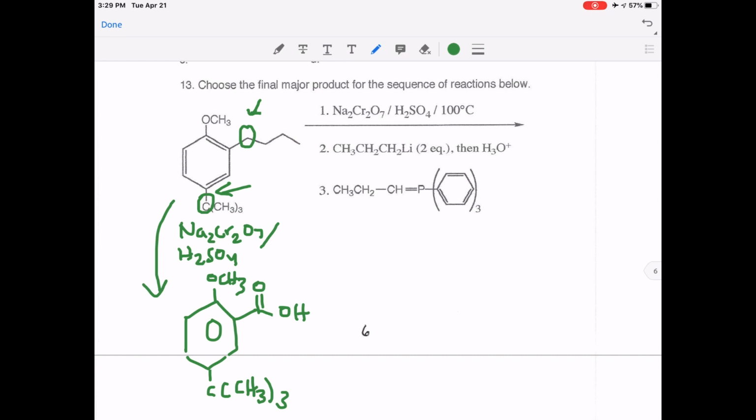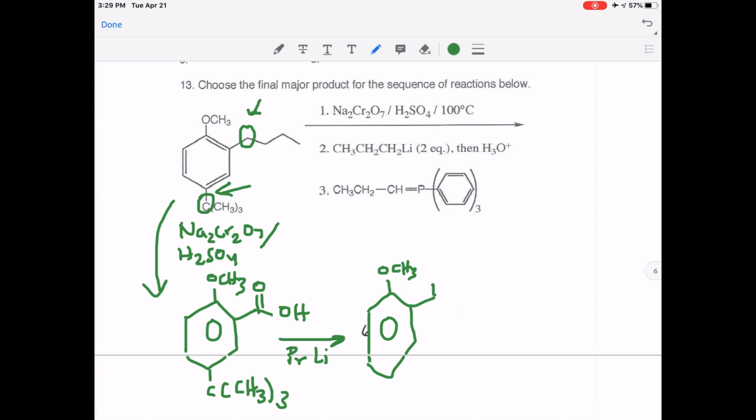When we add the first equivalent of the organolithium material, propyllithium, we find that instead of immediately attacking the carbon, which we would immediately think, because it acts in a way similar to the Grignard reagent,